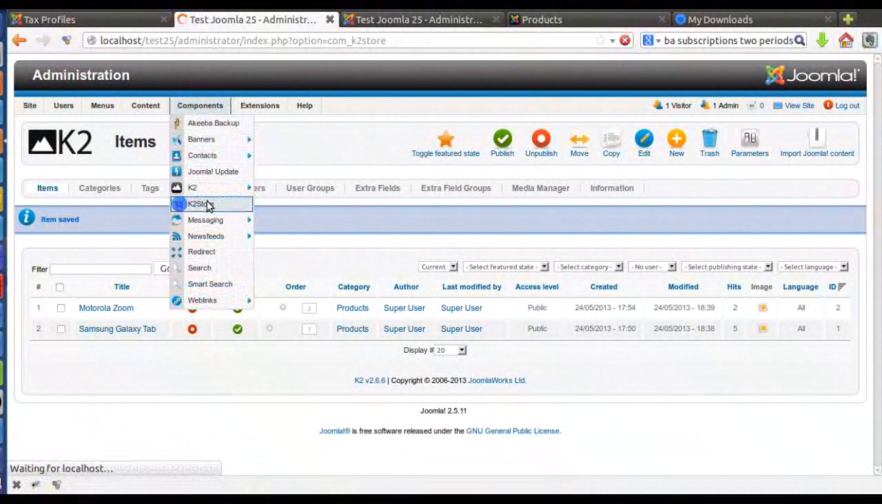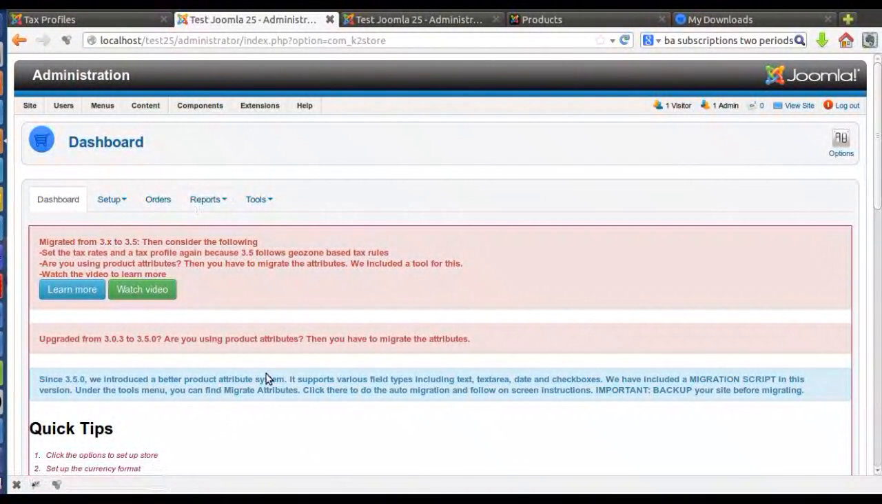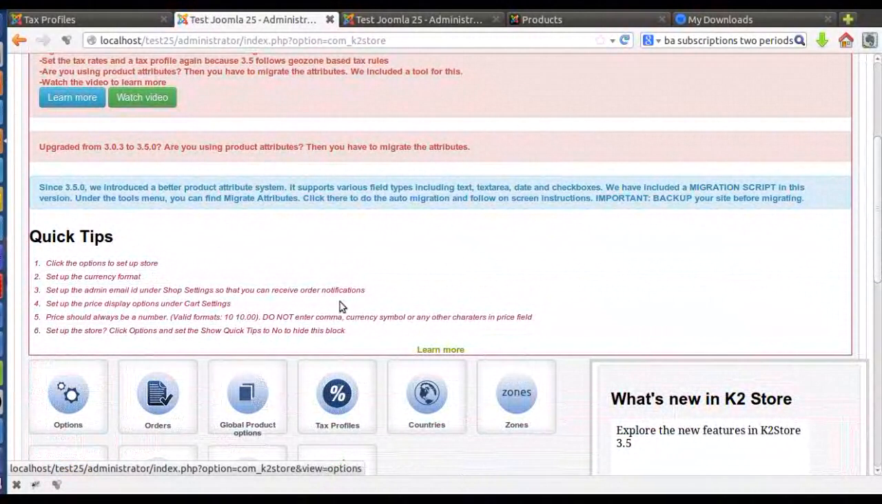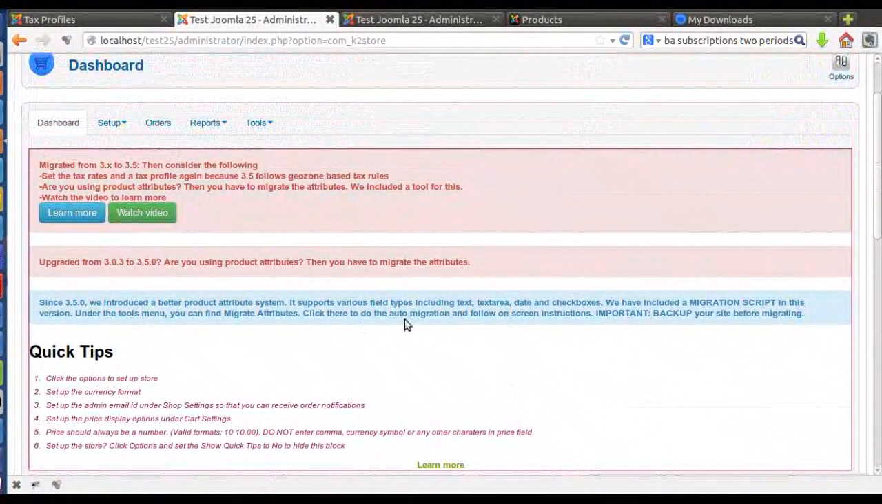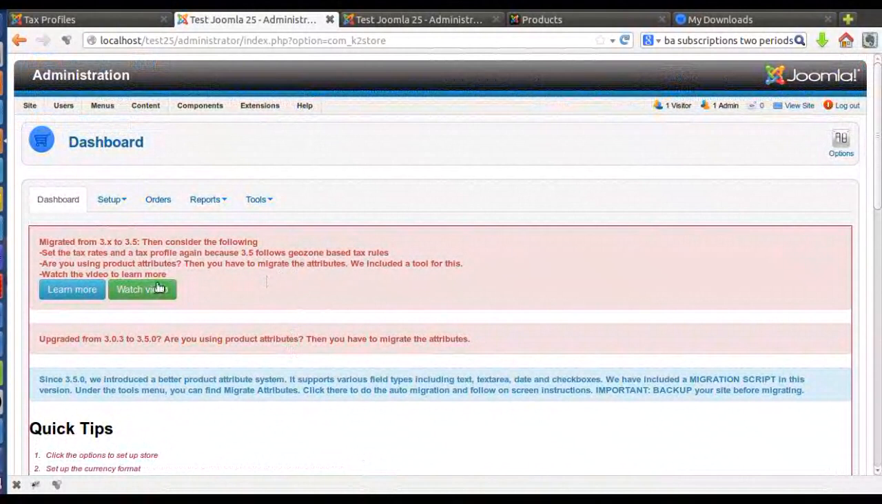immediately after installing K2Store 3.5. When we upgraded from 3.0 to 3.5, this is the first step we should be doing. Right. So the next thing that we have to do is migrate product attributes, because